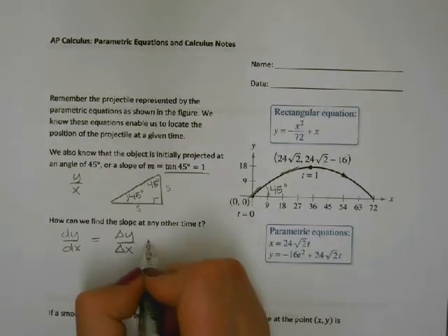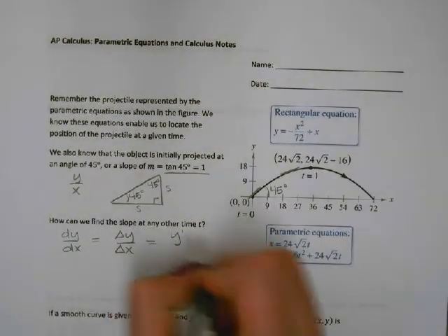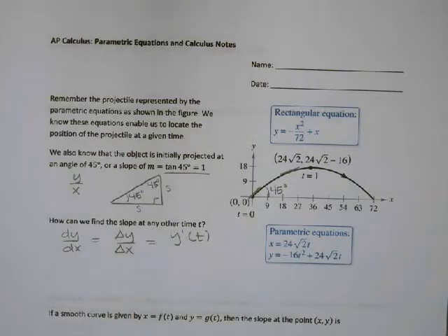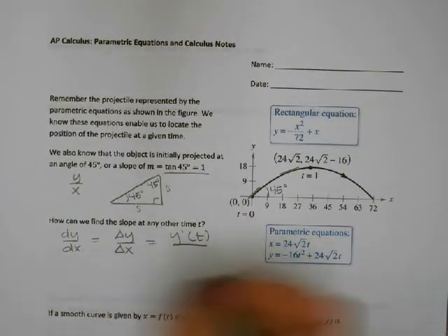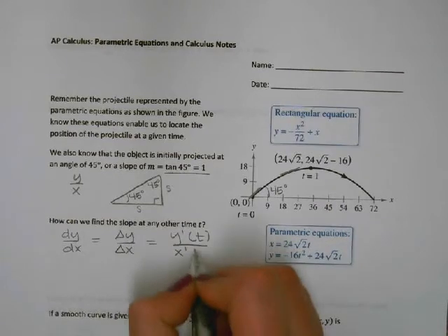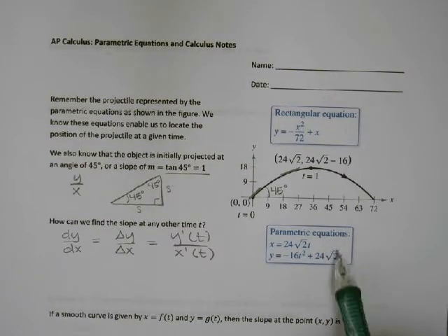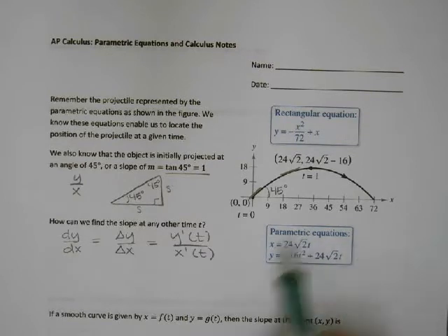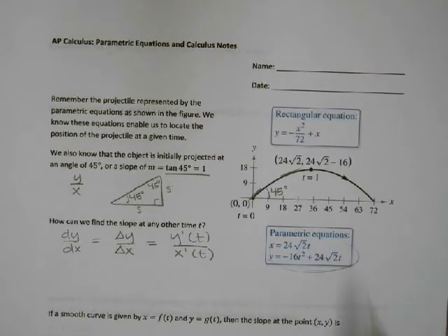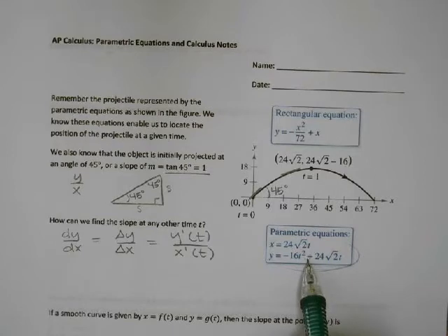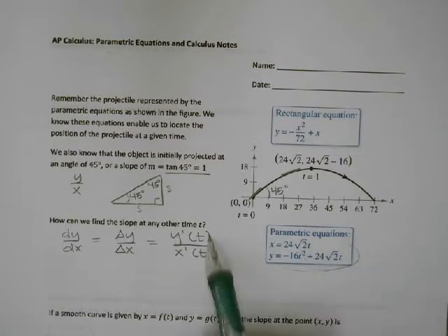So to find the change in y, I'm going to find the derivative of y of t, so I'm going to do y prime of t. And to find the change in x, I'm going to do the derivative of x, and so I'm going to say that's x prime of t. So if I wanted to find the slope at any time I wanted to, it doesn't matter any time, then I could take these two equations, for x and for y, and I could take the derivative of those and divide those,